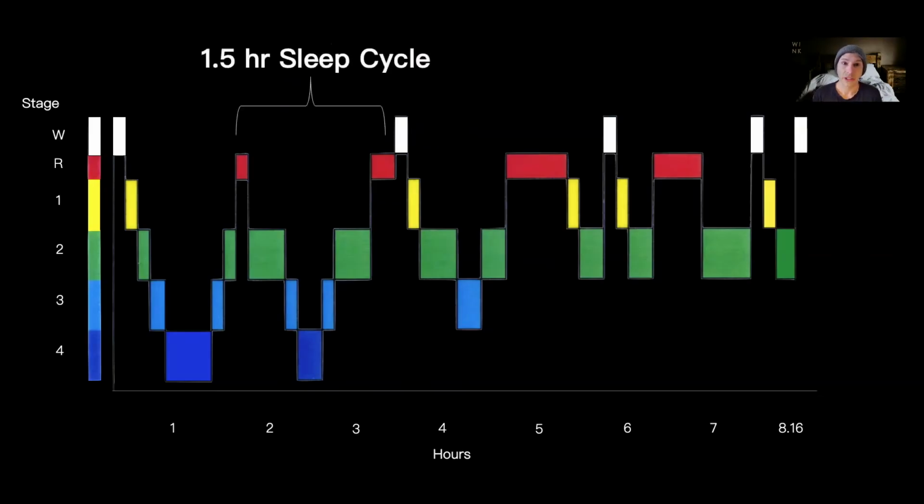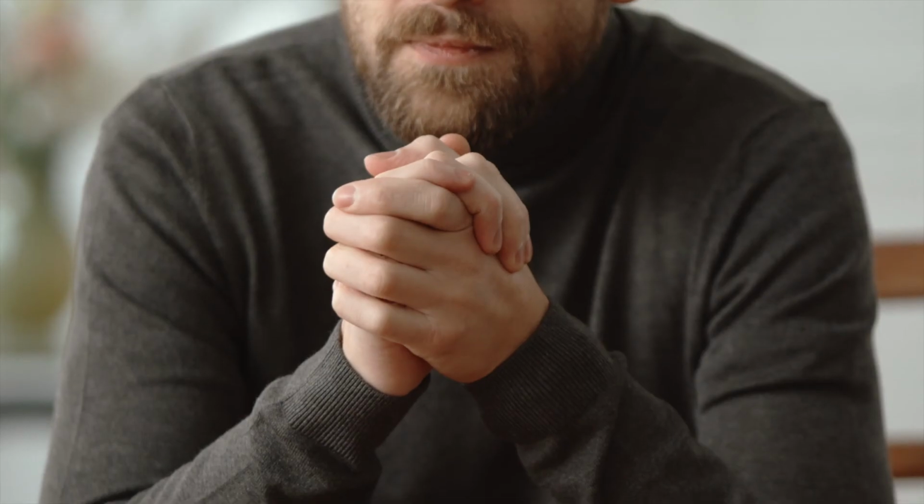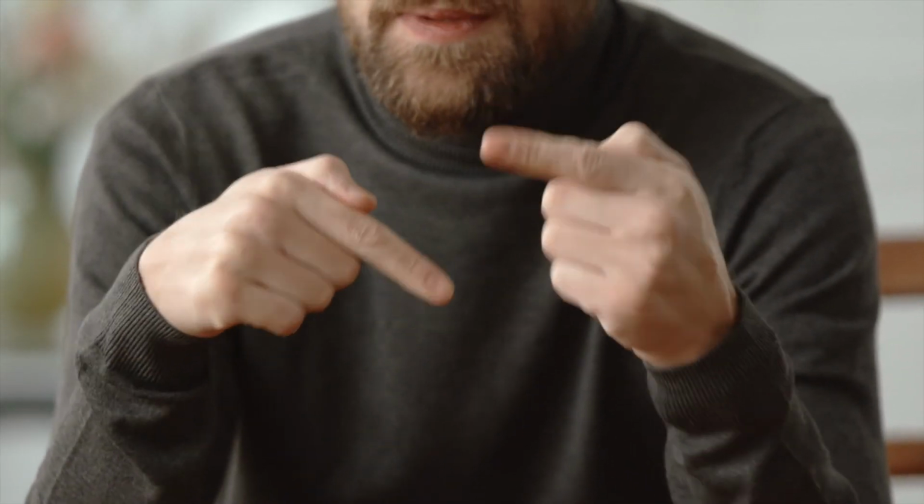The other thing to note is that we go through these sleep cycles, and that's going from light sleep to deep sleep and back up to light sleep. Now these take about an hour and a half to cycle. And when you think about it, if you add these up, say for instance, if someone is saying that they're waking up after 3 hours or 4.5 hours or 6 hours, it's likely that they're coming up from a sleep cycle into light sleep and then managing to wake up. So sometimes just even talking about the stages of sleep in this sort of way can help people understand why they're waking up.